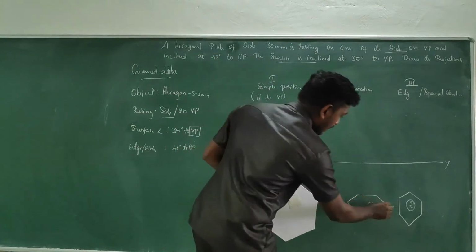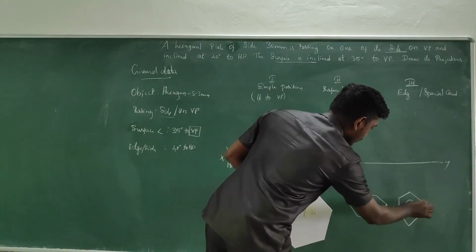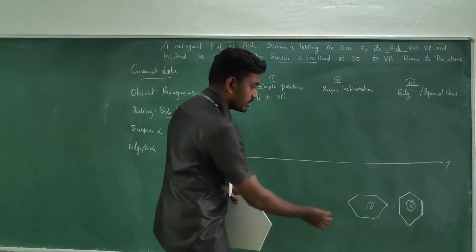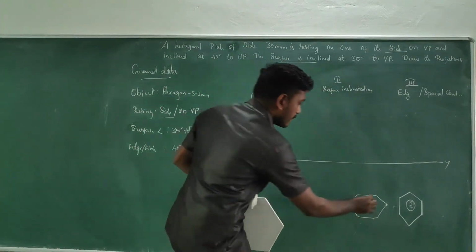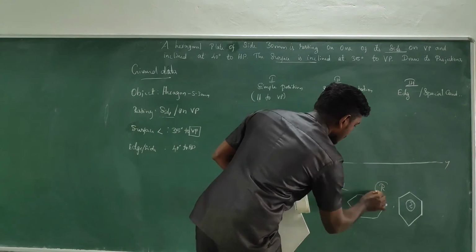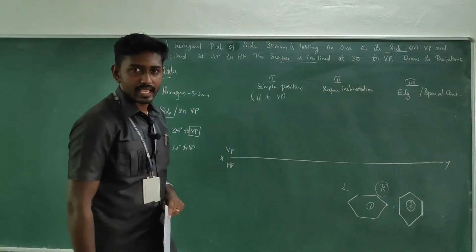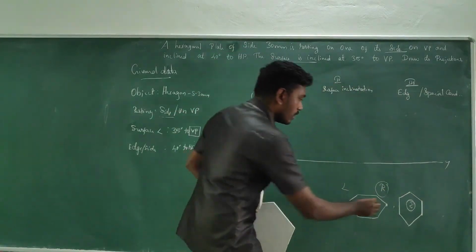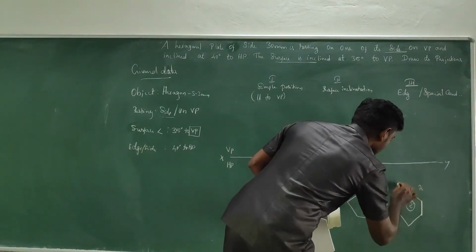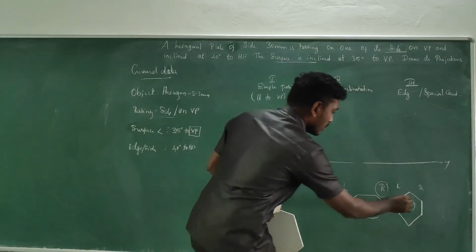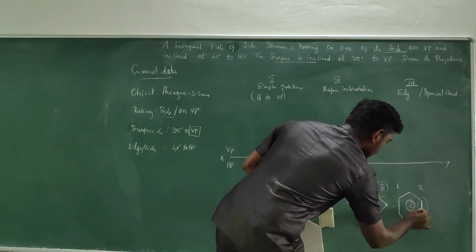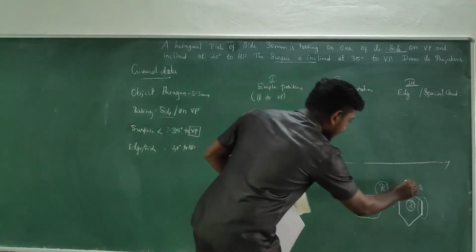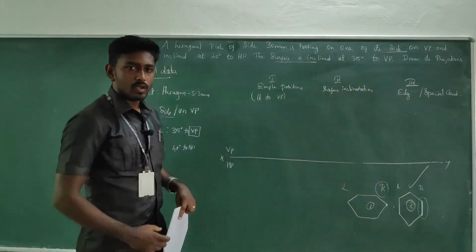So see, which position is right? As far as the first position is concerned, at the right, what is there? Corner is there. As far as the second condition is concerned, at the right side, what is there? Edge or side is there. So which position is the right one? The second position is the right one.